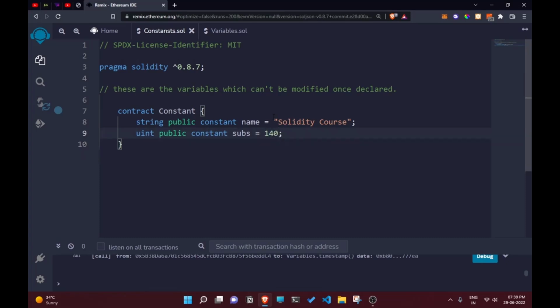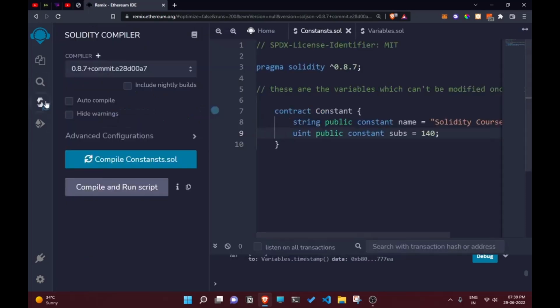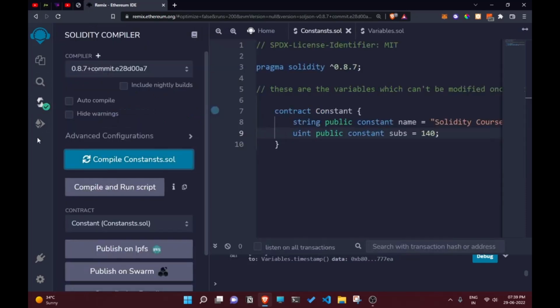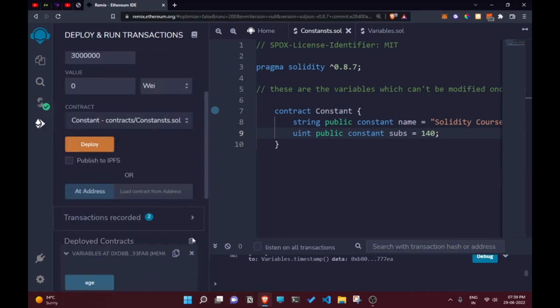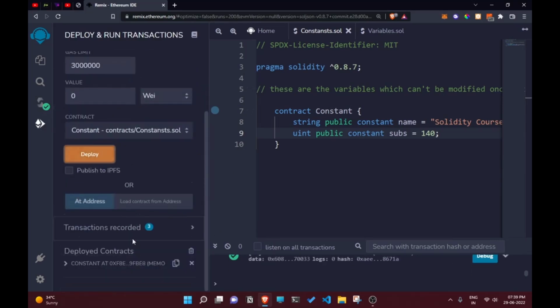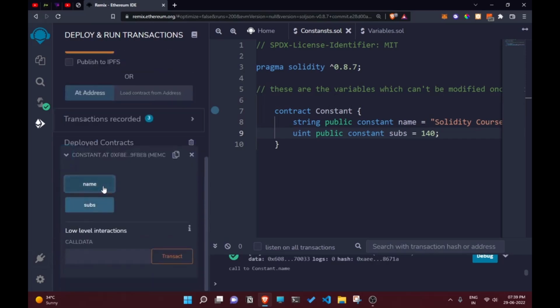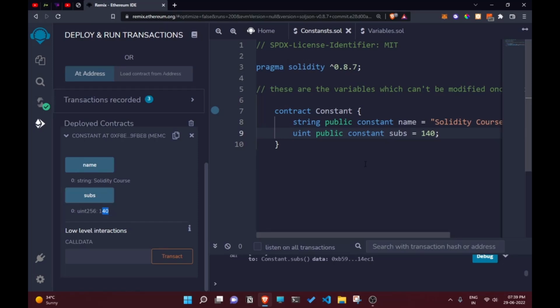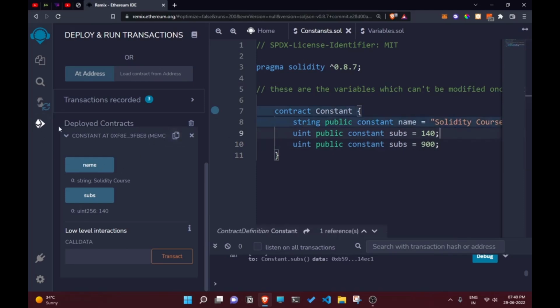So this constant means that once we declare this name, we can't change that. Let's say we are compiling this file and running this over here. Let's delete from file again, and you will see it showing us the name and the subscriber count. And just in case, if I copy this and paste the same over here, and give it a number of, let's say, 900, and compile this again,